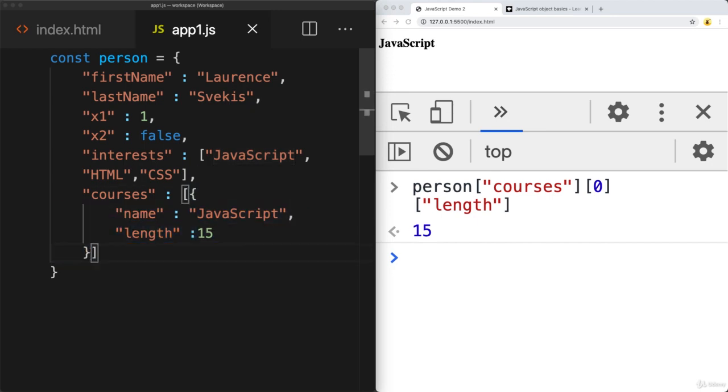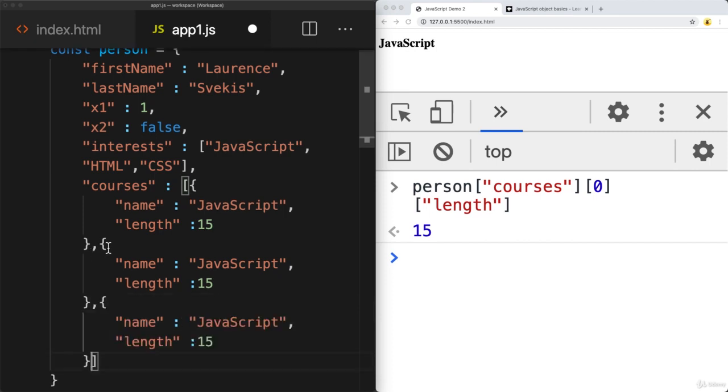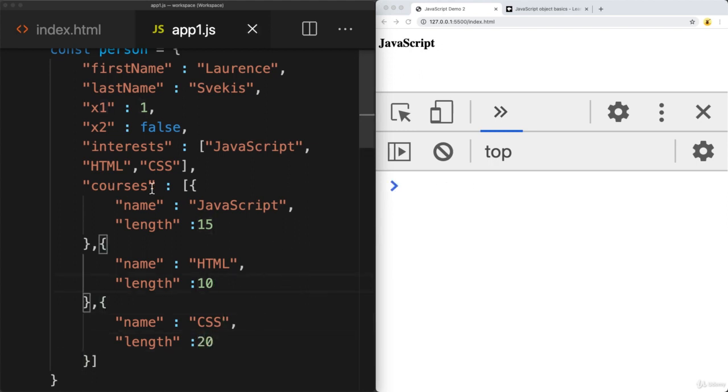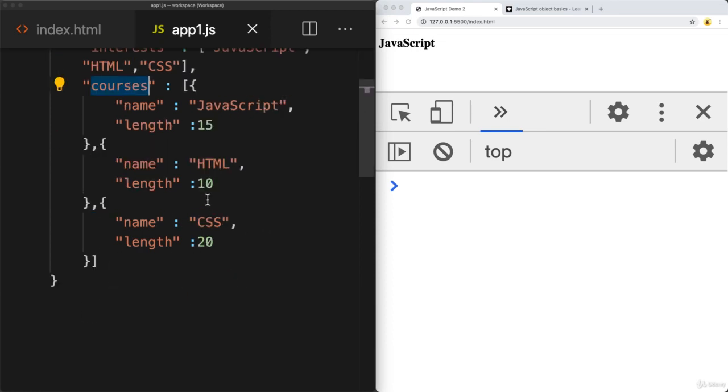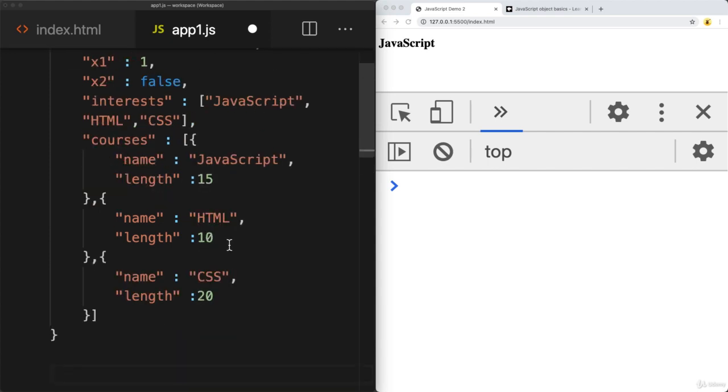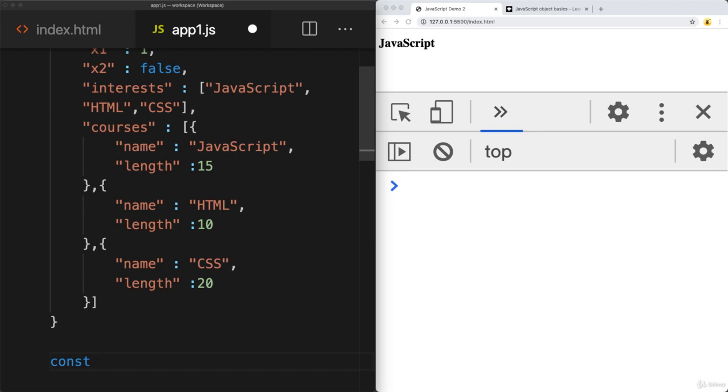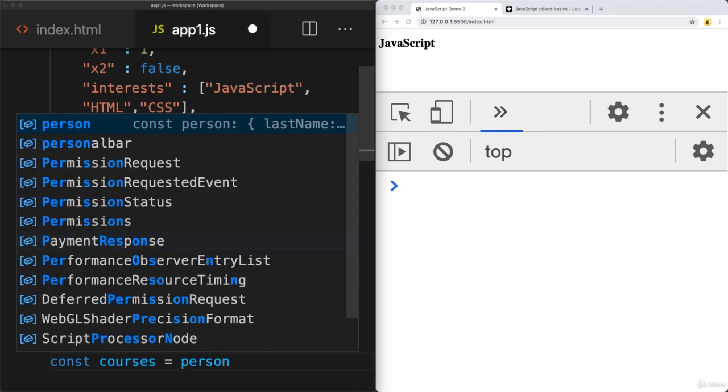So let's go ahead and add in a few other courses. There might be an HTML course, and the length of the HTML might be 10, and the CSS course might be 20 in length. So now we've got a fairly complex object. And usually if you do want to output the content and work with the courses, you can loop through and get the values of the contents of the course by creating a new variable name for the courses. So I'll just set that up and then select person